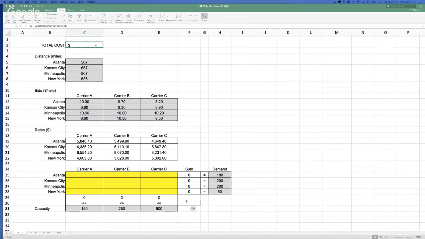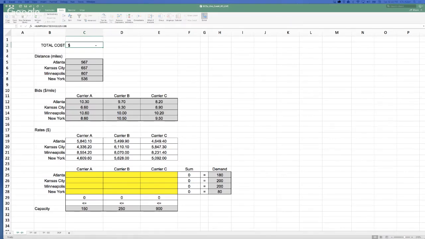Then I'm going to minimize the objective function. I'm going to select the decision variables. Sorry, I'm a bit lost, my mouse is lost. My decision variables are all the cells that are colored yellow. Then I'm going to add my constraints.